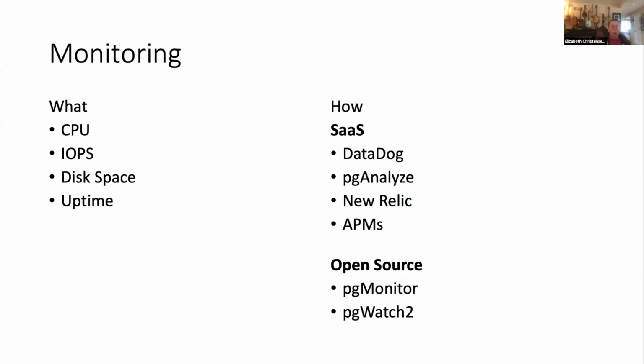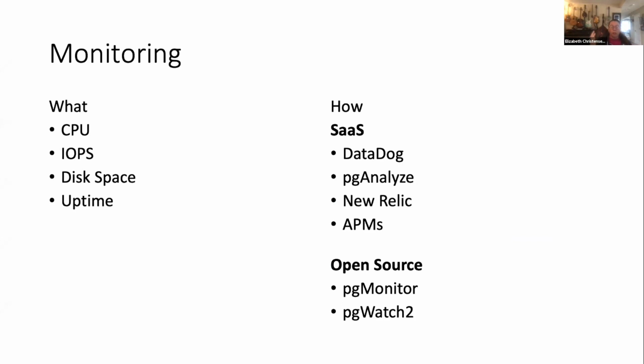And so you're also going to want to make sure you have some kind of database monitoring, right? And in the open source server world, there are hundreds of ways to monitor anything. The high level is that you'll want to know what's going on with disk space. You'll want to know that your database is operational. Peeking at CPU is good, and knowing what's going on with your IOPS is also really good.